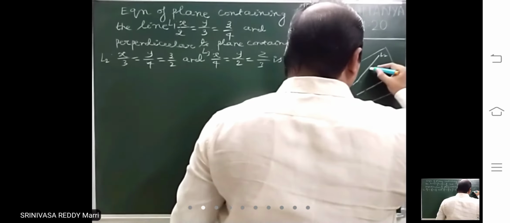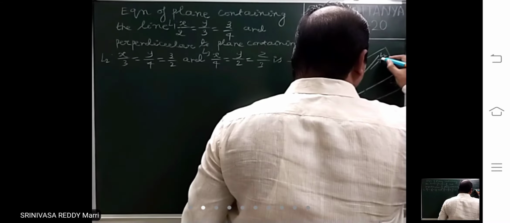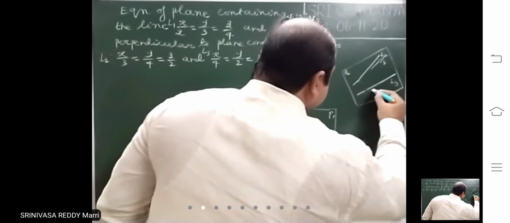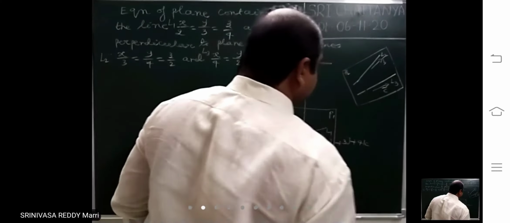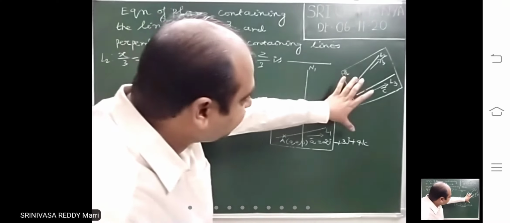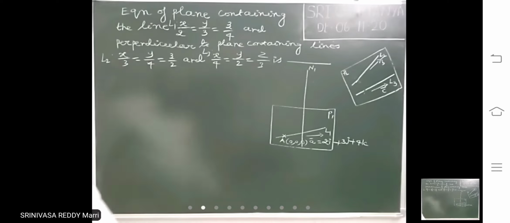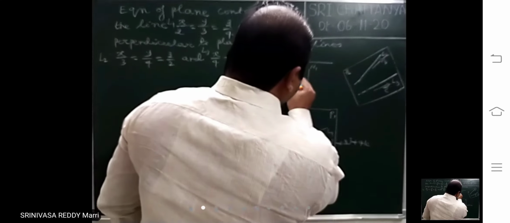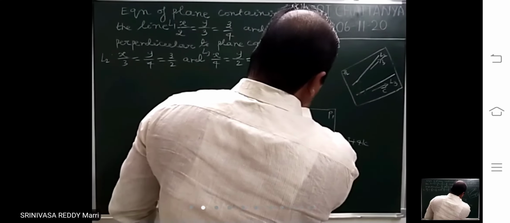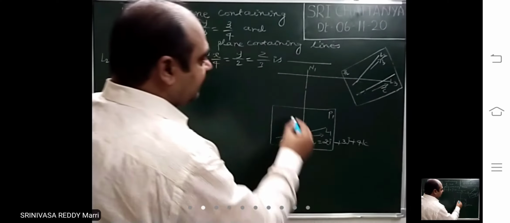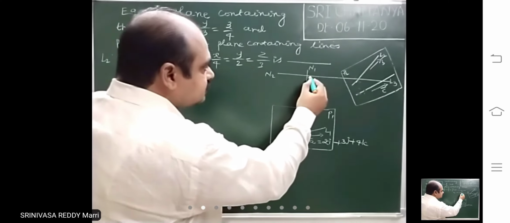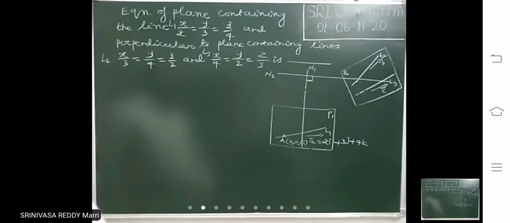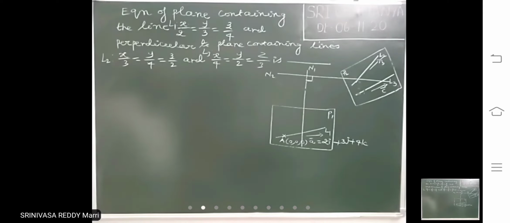So what is the story here? The direction vector of L2 is b bar, which is 3i plus 4j plus 2k. The direction vector of L3 will be c bar. Given that plane 1 is perpendicular to plane 2, for this plane a normal will be there. I am drawing normal to this plane. This is normal 2. So normal 1 and normal 2 will be perpendicular.